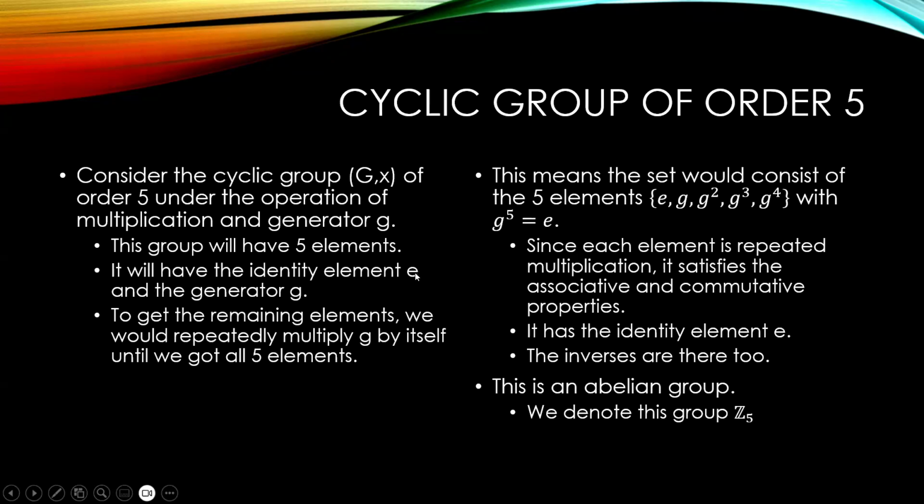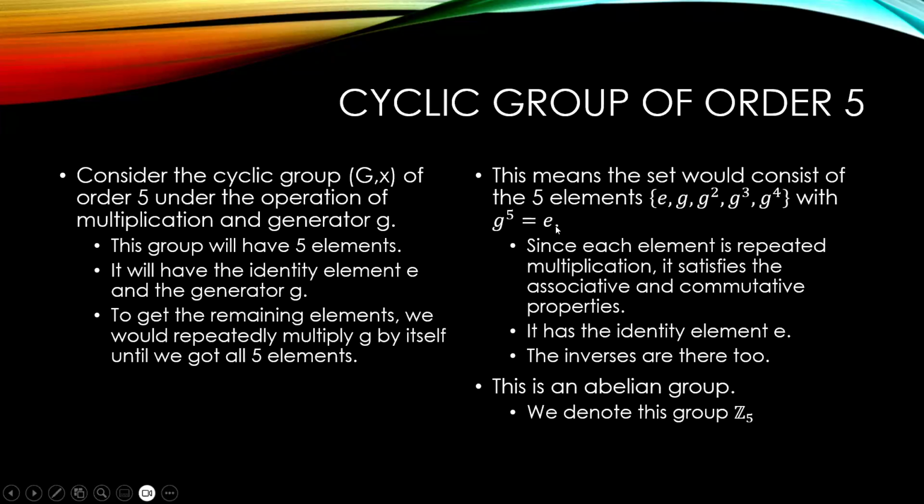It'll have the identity element E and the generator G. To get the remaining elements, we would simply multiply G by itself 5 times. And so we would say we have E, we have G, we would have G times G, which is G squared, we would have G cubed, and we'd have G to the 4th. As soon as we multiply by G again, we would get G to the 5th, which we're calling our identity